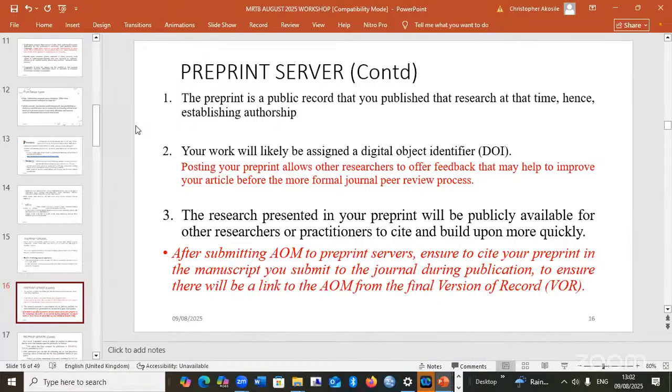So they can connect it to the article when it is finally published.